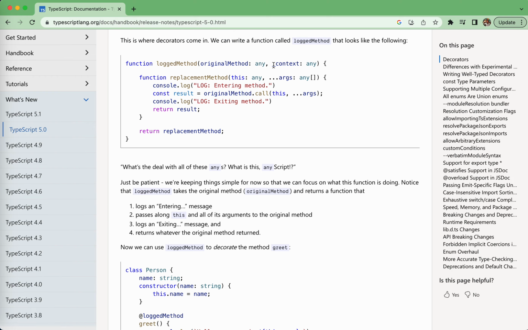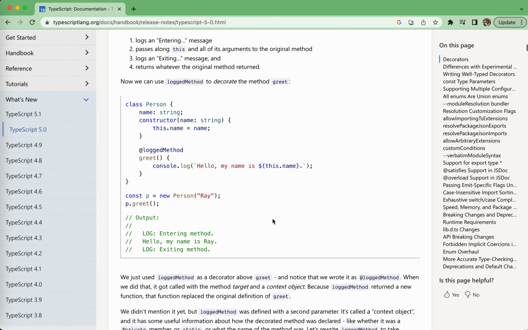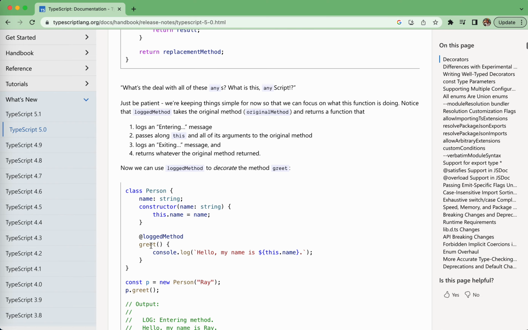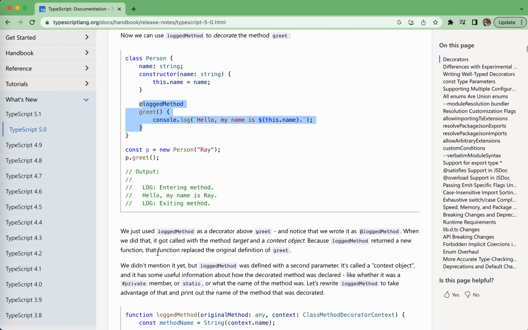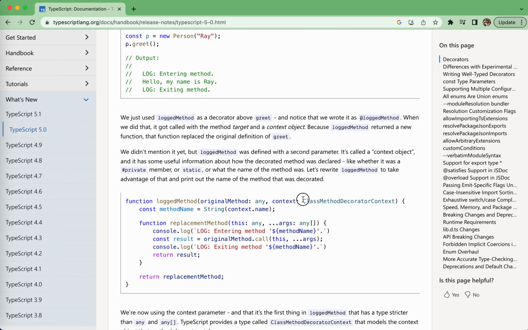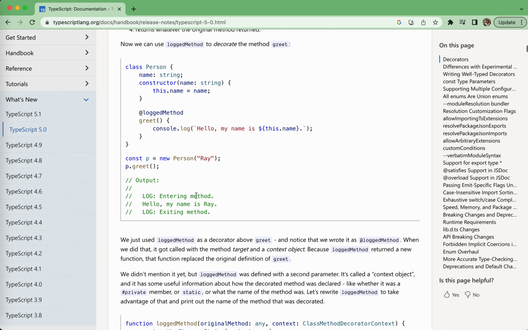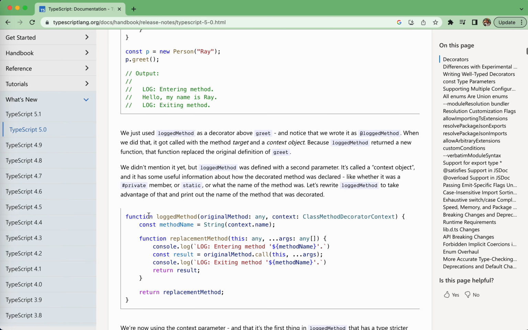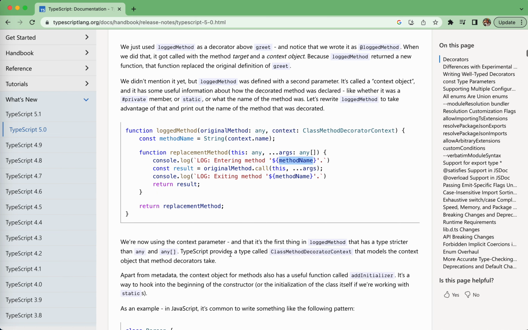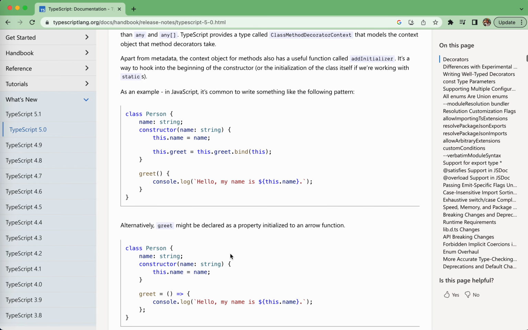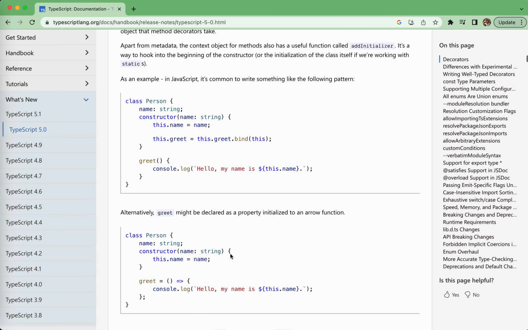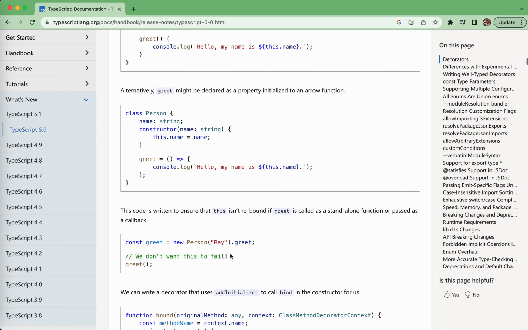That is why it accepts the second context argument. In this case, it is used to decorate a class property. So here, class method decorator context, and you can get the name, which is the original name, greet. So you can get greet here, and the context would also